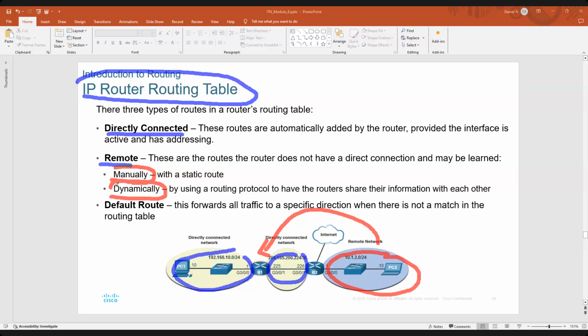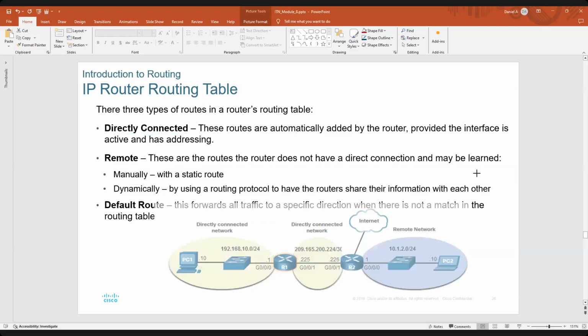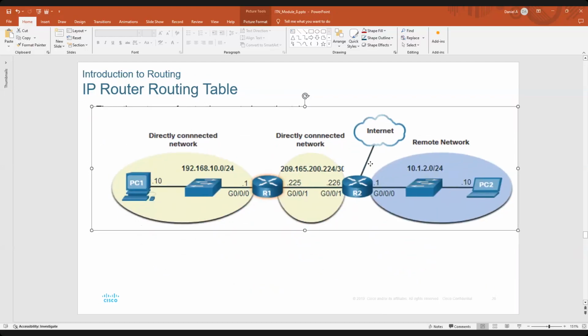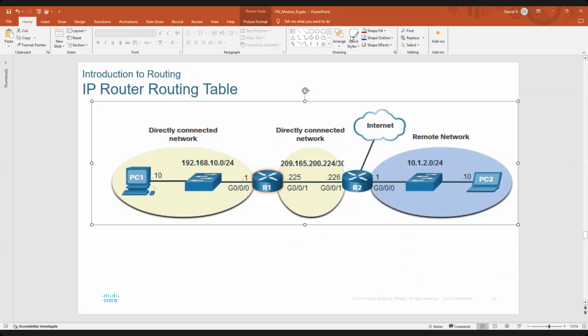through static configuration or by implementing dynamic routing protocol. So how are we going to configure manually? እዚህ ጋር ያለውን ስናይ R1 እነዚህ ሁለት ዳይሬክትሊ ኮኔክትድ ኔትወርኮች ማንም ሄልፕ ሳያደርገው ዳይሬክትሊ ራውቲንግ ቴብል ውስጥ ኢንሰርት ያደርጋቸዋል ነገር ግን እዚህ ጋር የምታዩትን ሪሞት ኔትወርክ R1 cannot reach it።